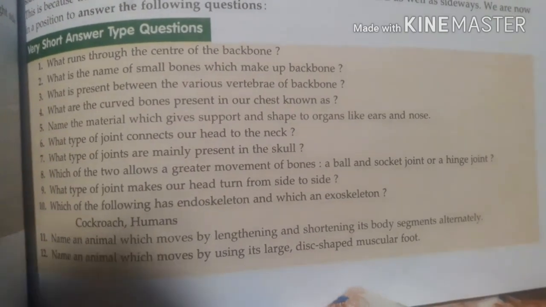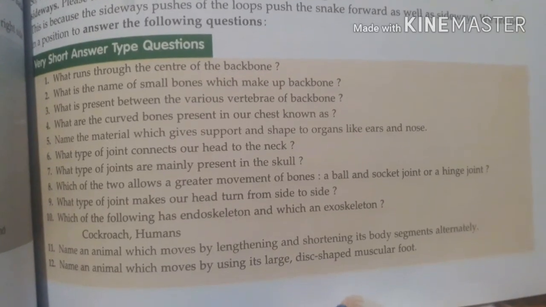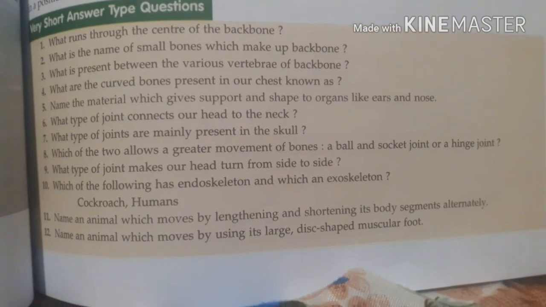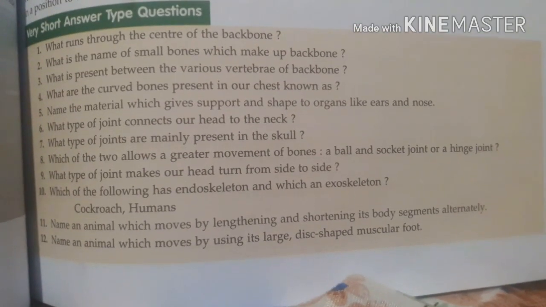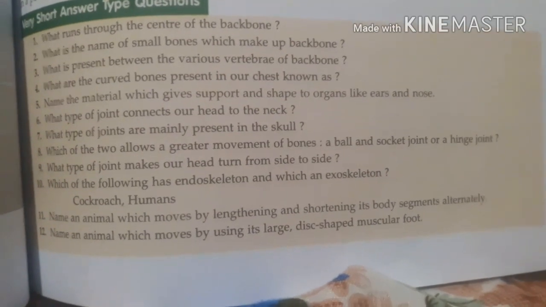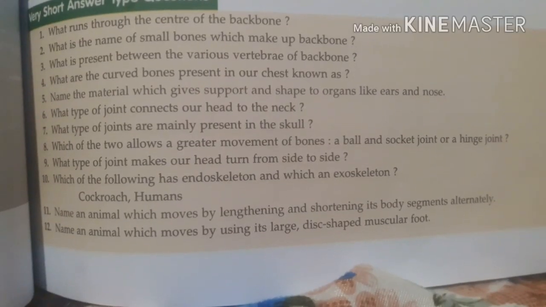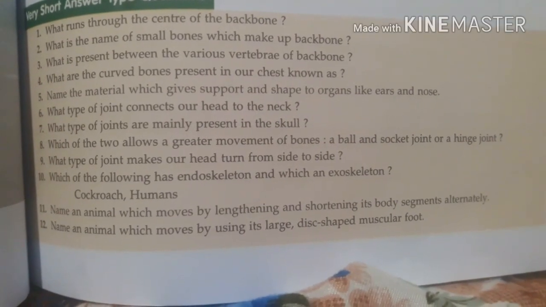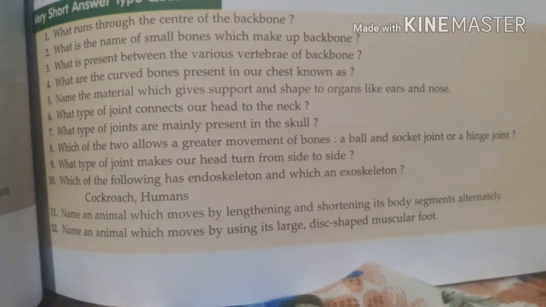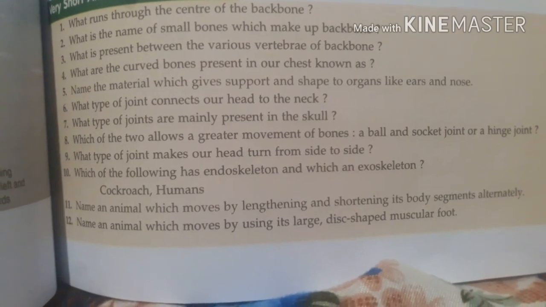And what type of joint makes our head turn from side to side? Pivot joint, right? And next, which of the following has an endoskeleton and which has an exoskeleton? Cockroach, exoskeleton; human, endoskeleton. Name the animal which moves by lengthening and shortening. Which one? Segmented body, earthworm. Very good. Name an animal which moves by using its large disc-shaped muscular foot,